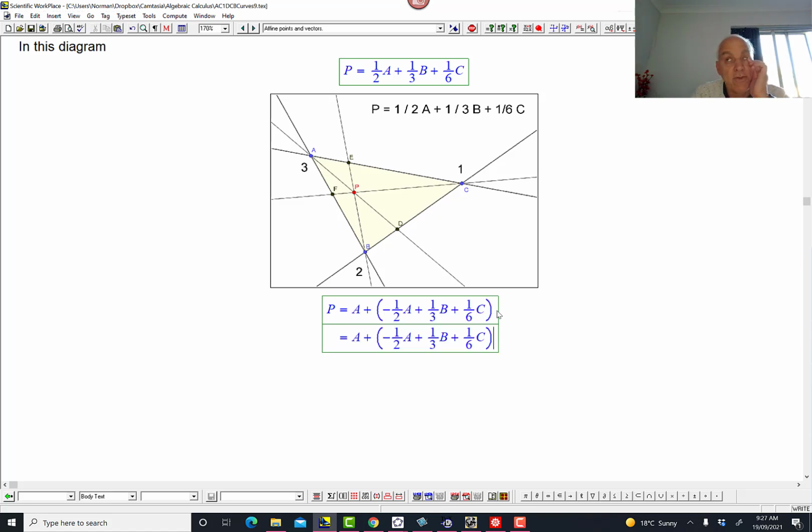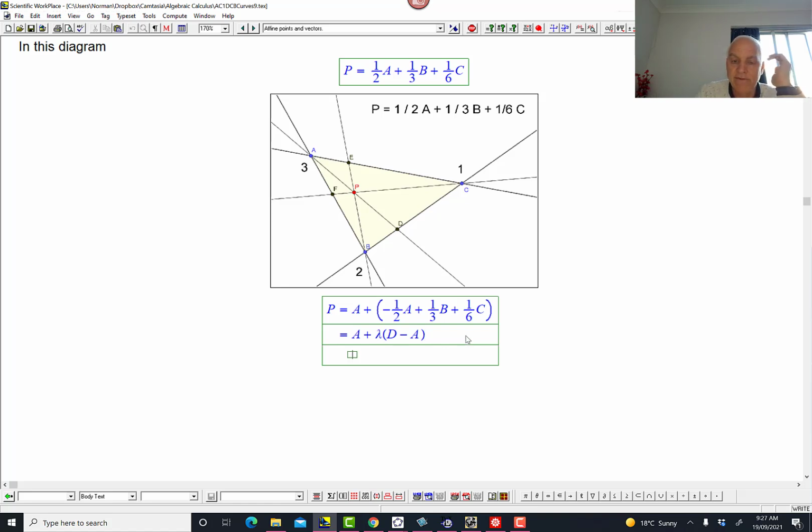So I'm going to rewrite what's inside here as a multiple, say lambda, of the vector from A to D. What's the vector from A to D? It's D minus A. Okay, so now I want to figure out what is D and what is lambda from this equation.